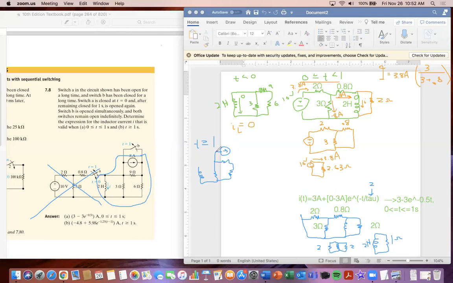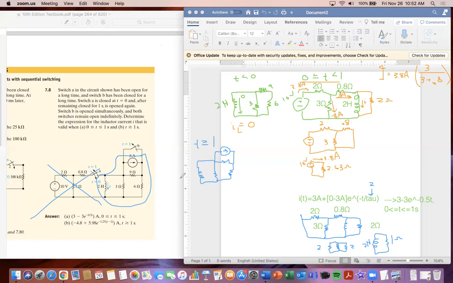And then that's the infinite resistor. So I'm not going to include it, because infinity times 9 divided by infinity plus 9 is just 9. So I'm not going to include that top latch there because it opened up. Okay, and then